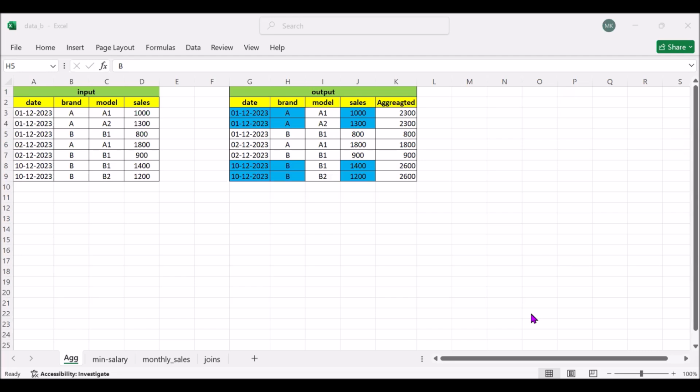This is one of the SQL problems that has been asked in a technical interview. Here we have a table with order date, brand, model, and sales. Our objective is to get the aggregated sum of sales based on the brand and date. I have color coded it, and based on that, we need to create the